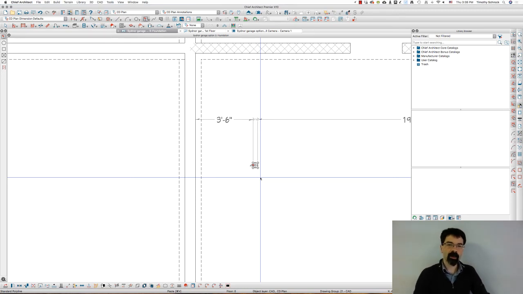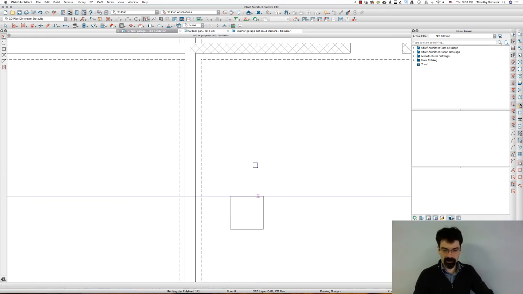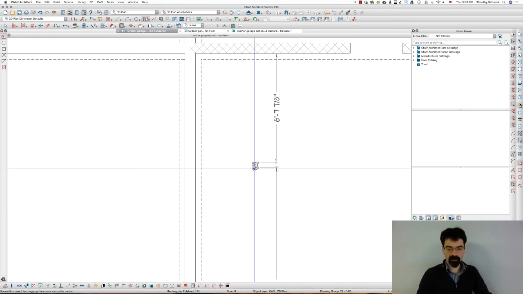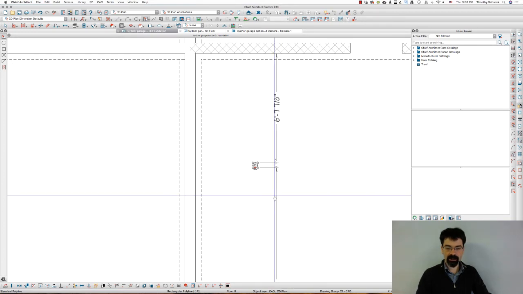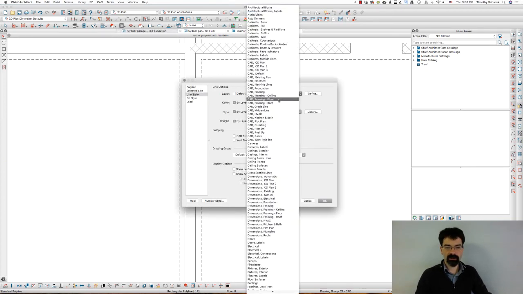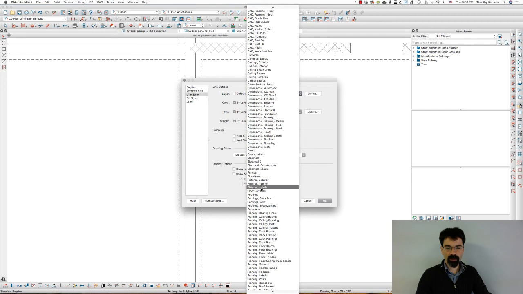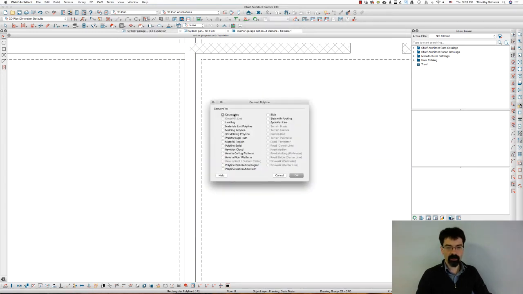Now, this is a post. It is not a standard polyline, I don't consider it to be a standard polyline, so it should not be on my standard CAD line layer. You'll notice as I select it down here in the bottom center of my screen, it says Object Layer CAD, CD Plan. That's not what we want. So I'm going to open this up and change this to framing, framing deck posts, because that's what we're creating, that's what we're drawing, and that's what I want it to be on